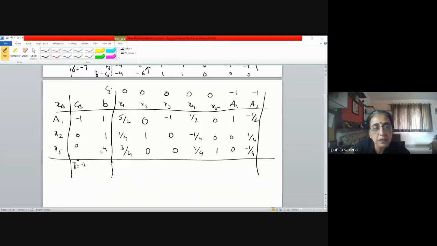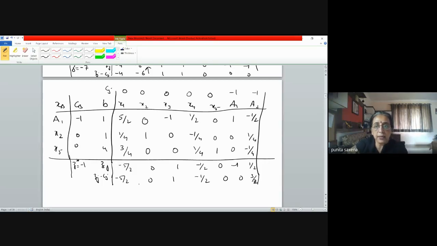Okay. So to move on and to check whether we have reached optimality or not, we need the values of Zj's and Zj minus Cj's anyways. So what are the Zj's here? The other two rows are 0, so minus 5 by 2, 0, 1, minus 1 by 2, 0, minus 1, and 1 by 2. Is that right? So Zj minus Cj's are going to be minus 5 by 2, 0, 1, minus 1 by 2, 0, 0, and 3 by 2. Right?